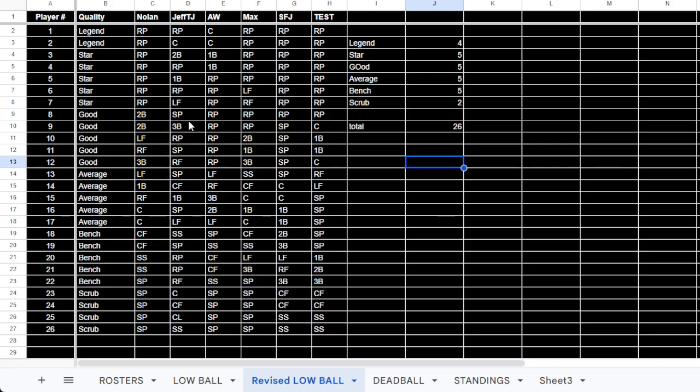Now, the thing that's interesting about the roster building is if you pick, let's say you want a bad shortstop, so you have a scrub shortstop. Well, you have to pick two. So whatever your other one is, whatever level it is, that one's probably going to start. So that scrub shortstop pick is almost kind of wasted. But that's where I like what